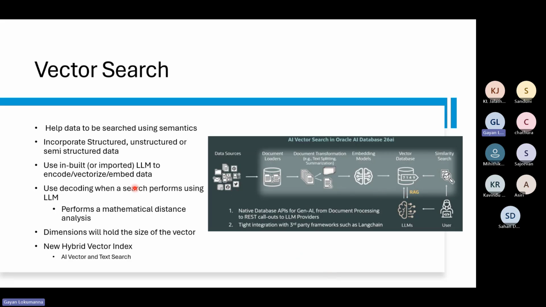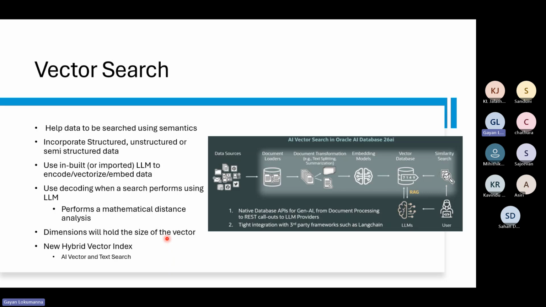Right. So what is more about the vector search? Now, vector search obviously will be supplemented by introducing indexes. So there are various types of indexes available. What is important here is the addition of a new hybrid vector index. Now, when I say hybrid computing or cloud computing hybrid, it means you may have partial workloads running on cloud, and the rest of the workloads might be running on premise. So that is hybrid. So similarly here,